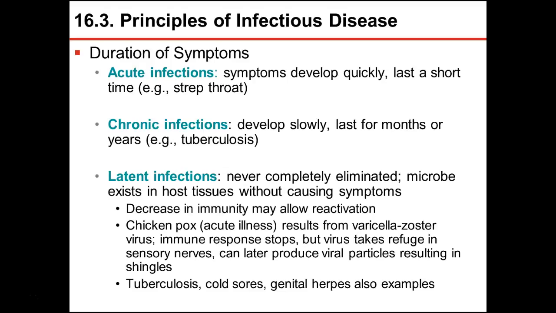Other ones are what we call chronic, which develop very slowly and last for months or years, and this could be things like tuberculosis, HIV, leprosy, those that we